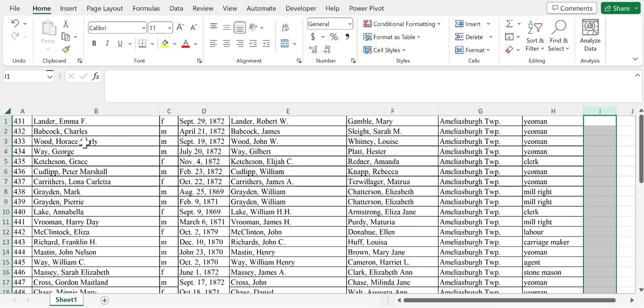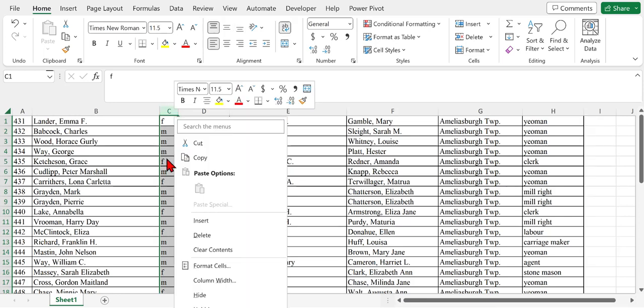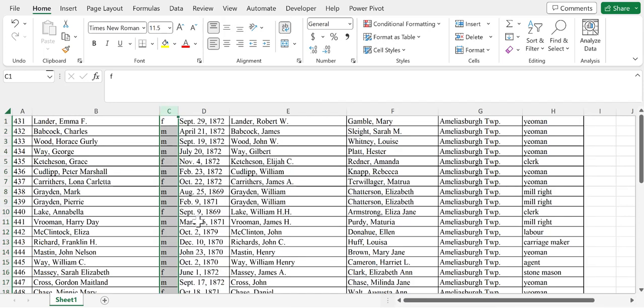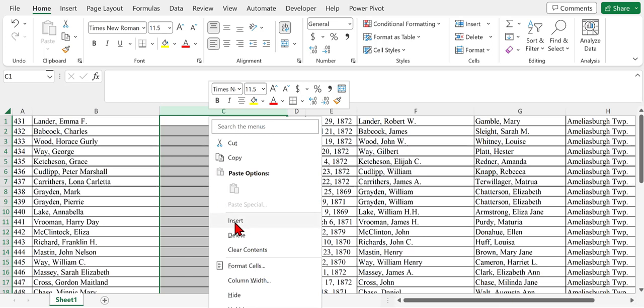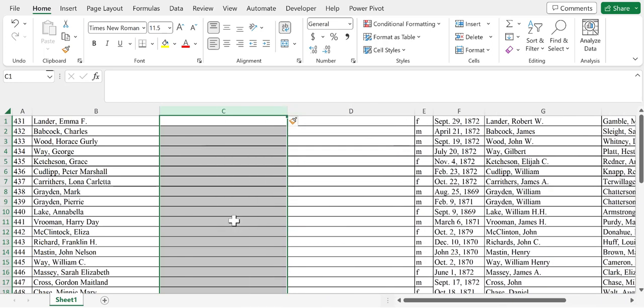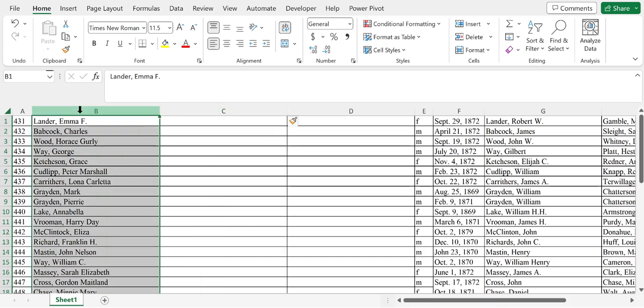One other change that I would make in this is that I want to separate the surnames and the given names. To do that, I need to create a couple of blank columns just in case, because I'm going to be copying stuff. There was a right click on that and a left click on Insert, and I've inserted two blank columns. I'm going to select column B, which is where the combined name is. I'm going to go up to Data,